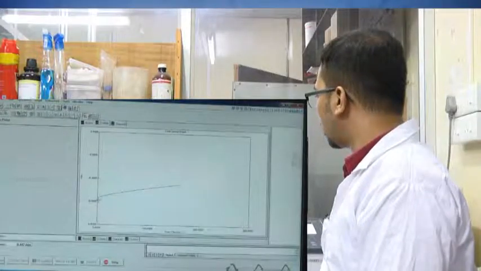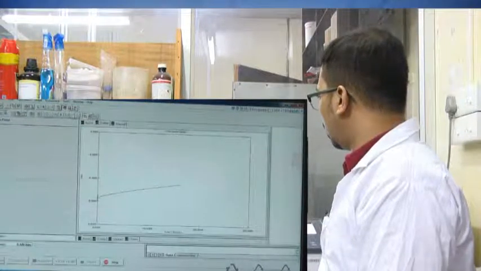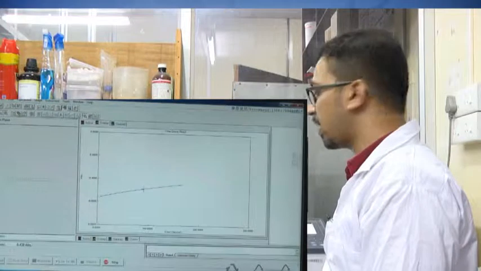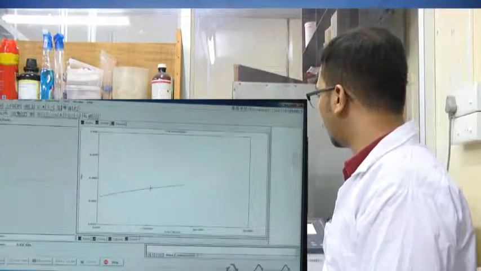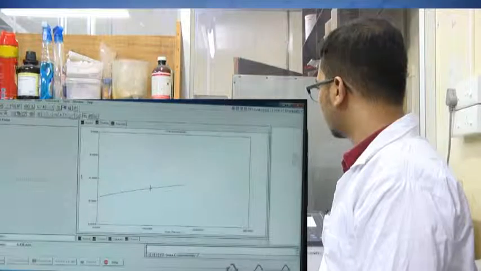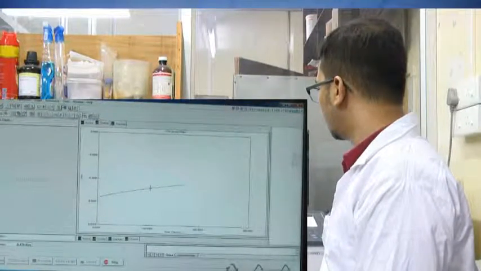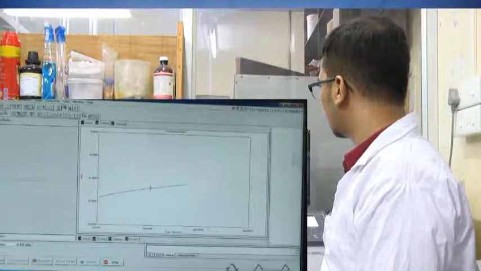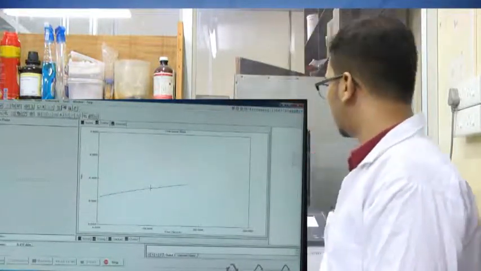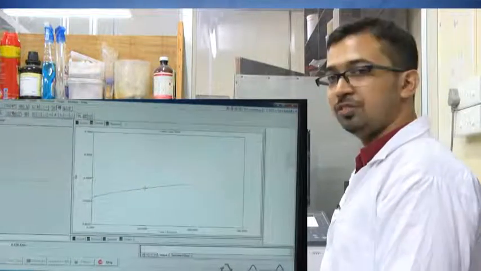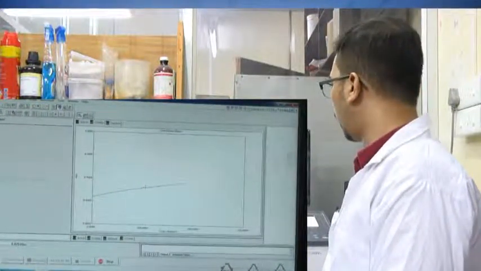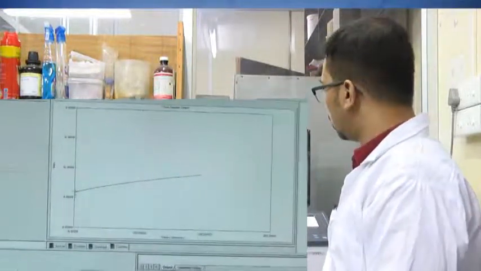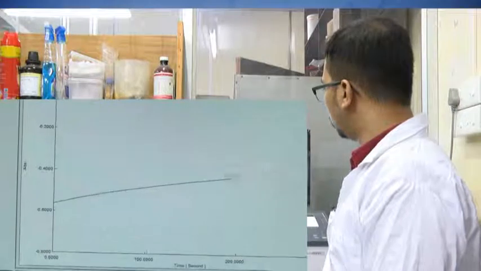So, here we can see the rate is gradually increasing, the reaction is proceeding basically. This appears to be somewhat parabolic, where it gradually increases, but the increase is not that steep, or rather a smooth increase.